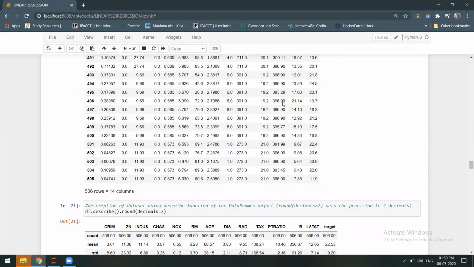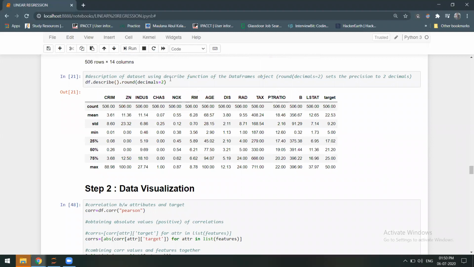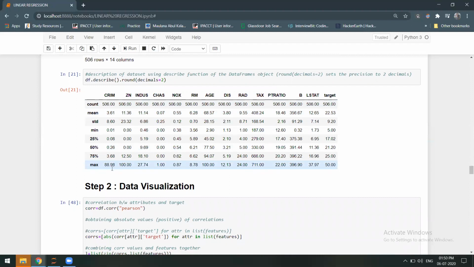Next, we are describing the data frame, and we have rounded the decimals up to 2 values. These are the descriptions: count means number of values, then mean, standard deviation, minimum, 25 percentile, 50 percentile, 75 percentile, and this is the maximum.